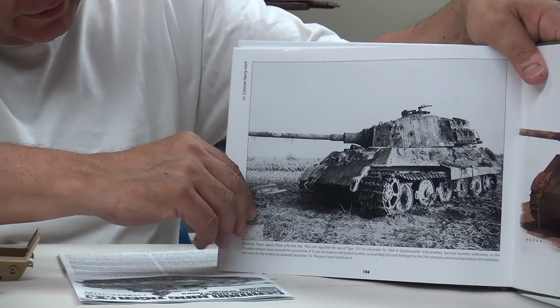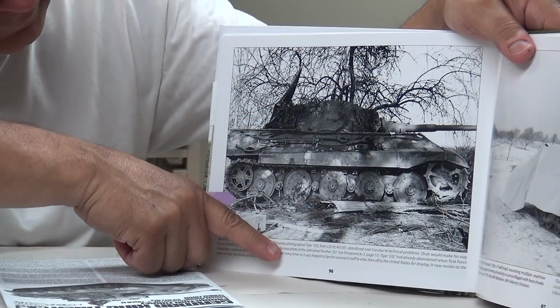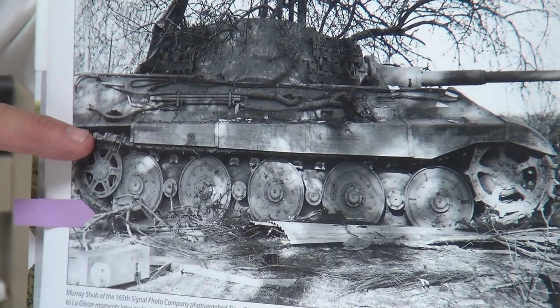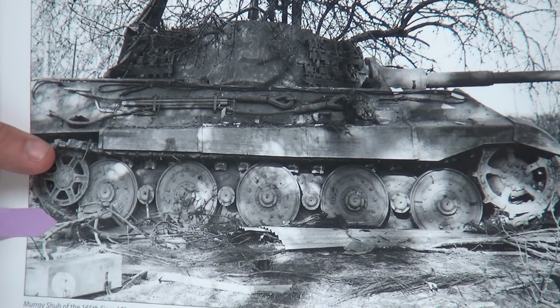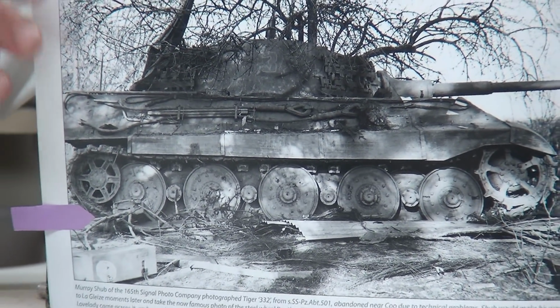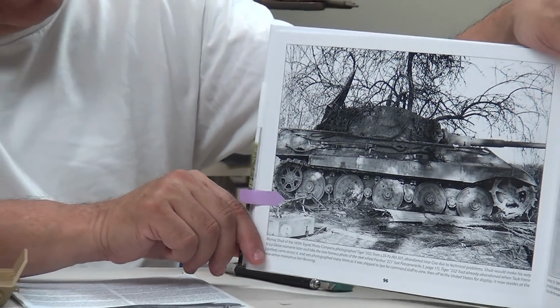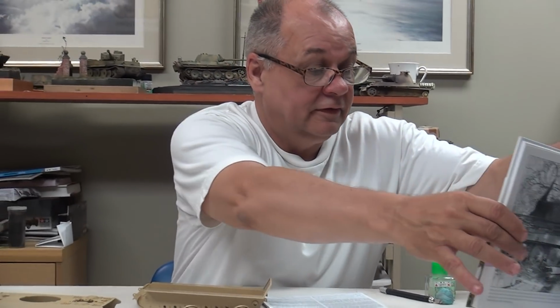And I have another shot here on page 96, and you can see how low the track, or how tight the track gets up against the fender of the tank. You know, there's only a 3-inch gap there, so the suspension and the torsion bars really let go once the fire starts. So keep all these things in mind if you're going to burn out a heavy tank,